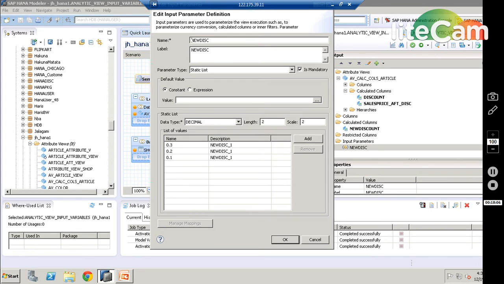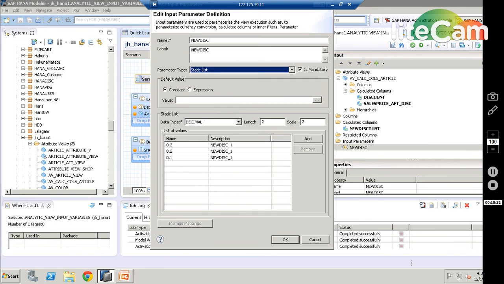Provide a name, choose the label, choose the parameter type. It may be direct, column, derived from table, or static list. You take the static list if you have a list of values, or you can simply make it a database column also. Then it will get the values from that column.